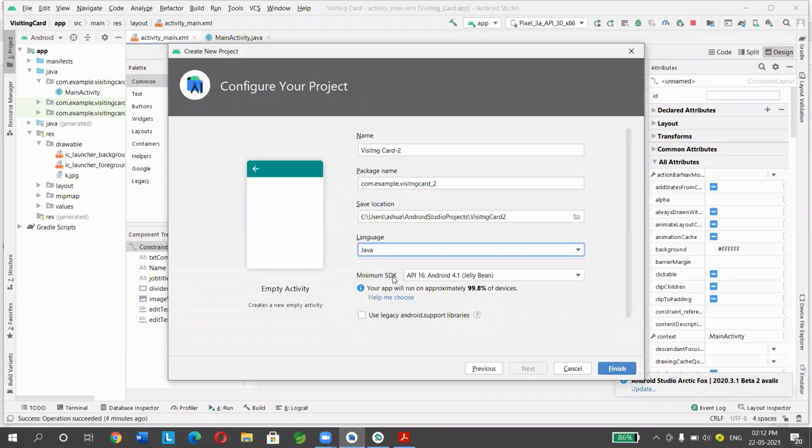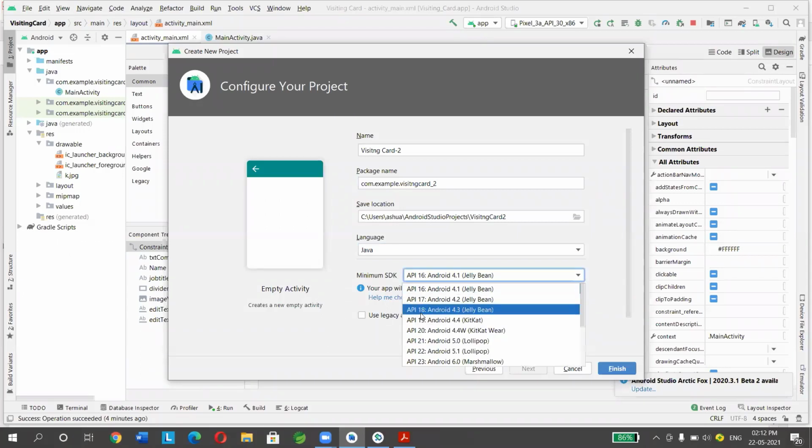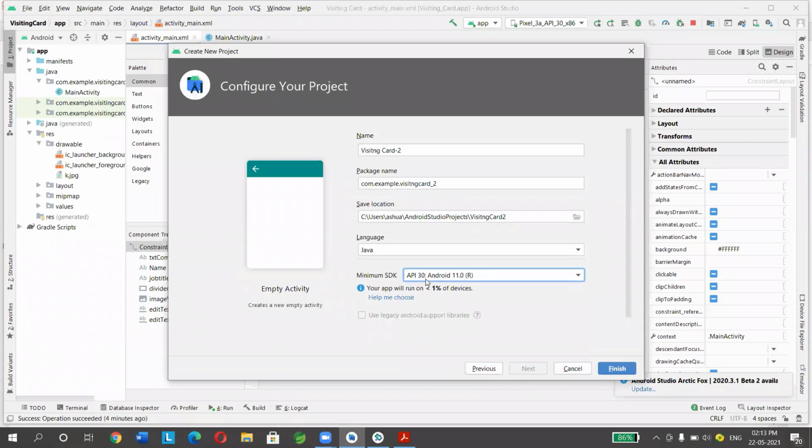It will ask for the minimum SDK, that is, software development kit. Here we have different versions of Android starting from 16 to a newer version 30. API stands for application programming interface, so API 30 is Android 11. If you select the most recent one, your application will be supported by only 1% of the devices.